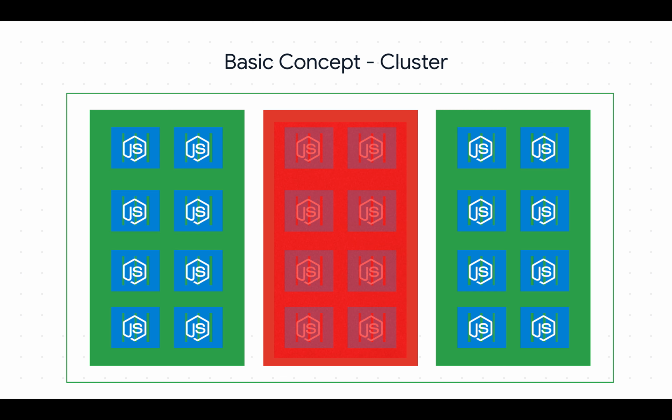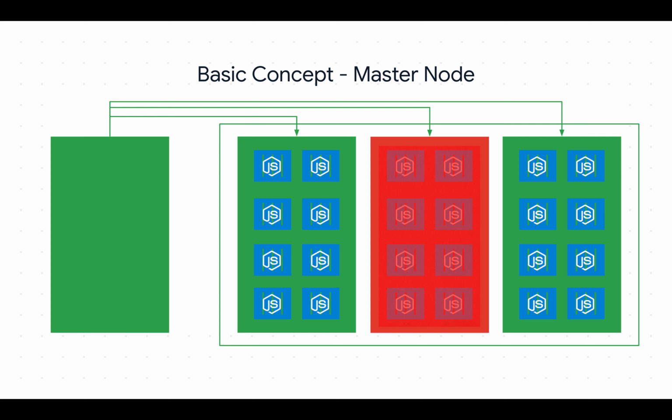And based on the configuration, if you're using a cloud provider, a new node is triggered to replace the faulty node. Now, how does Kubernetes know when a node is down? How does Kubernetes know when to spin up another node? How does Kubernetes know to install components in the new node? That leads us to a master node.